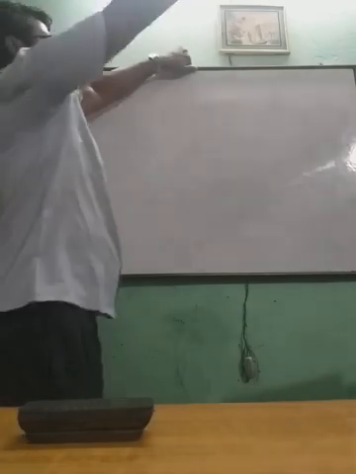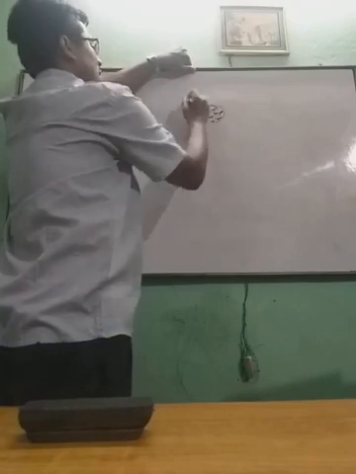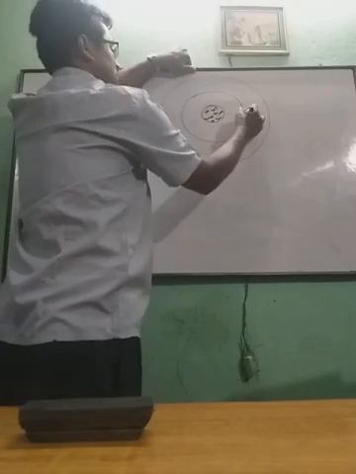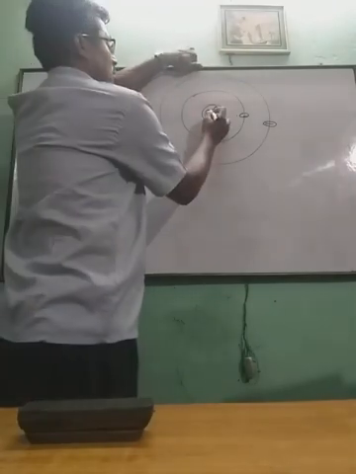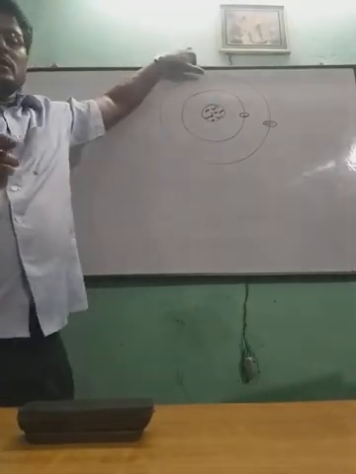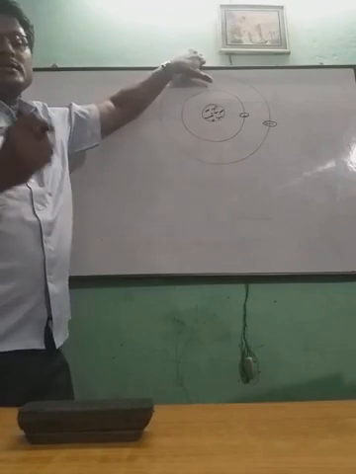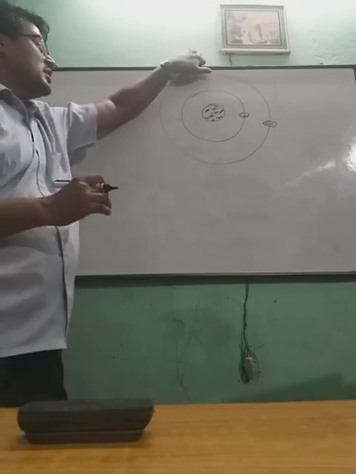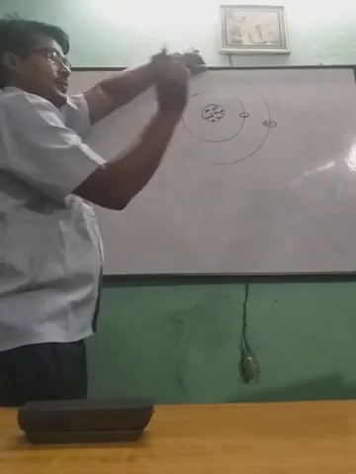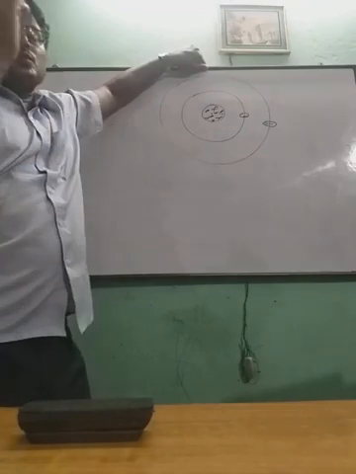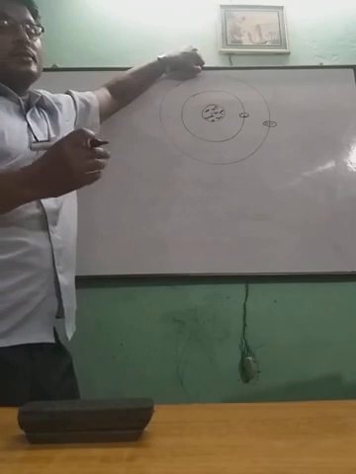So we can see in this way. This is nucleus, and around the nucleus the electrons are moving. Okay, and there is a particular point where the intensity due to all positive charges is 0. That point is known as center of distribution of positive charge. As well as the electrons are moving, so there is a particular point where the intensity due to all negative charges becomes 0, which is known as the center of distribution of negative charge.